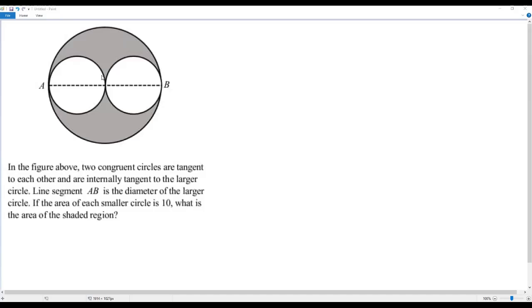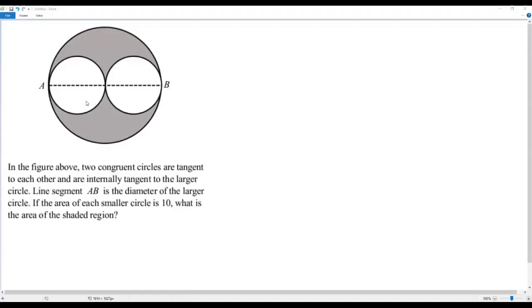Okay, to get the shaded region in the given figure, we have to subtract the areas of the two smaller circles from the area of the larger circle. We have the area of the smaller circle, that is 10, and now we have to find the area